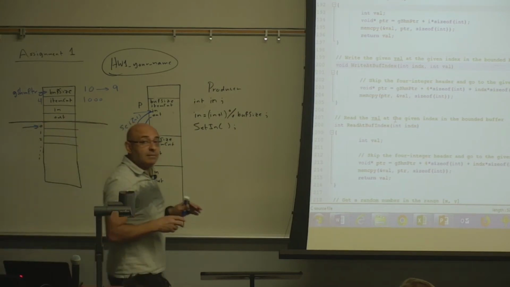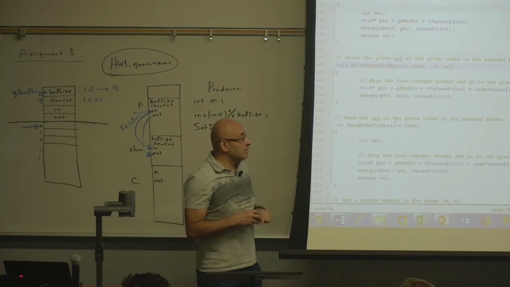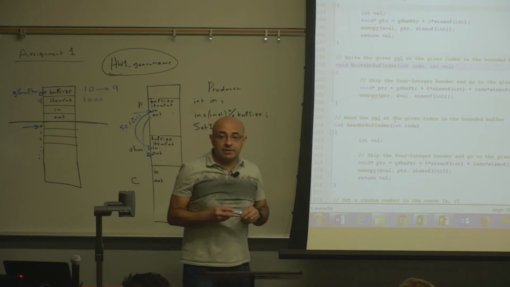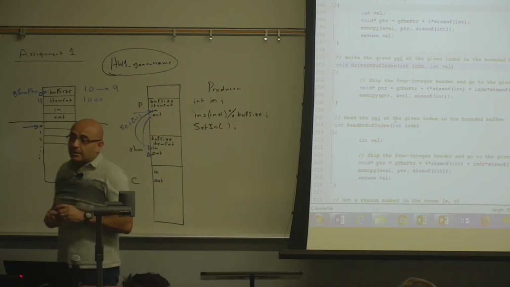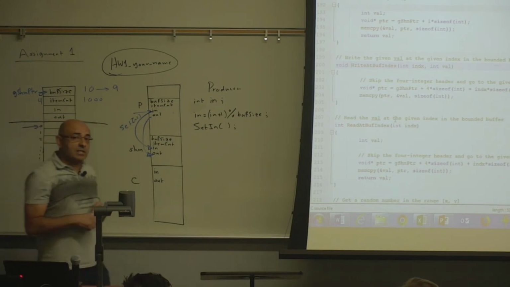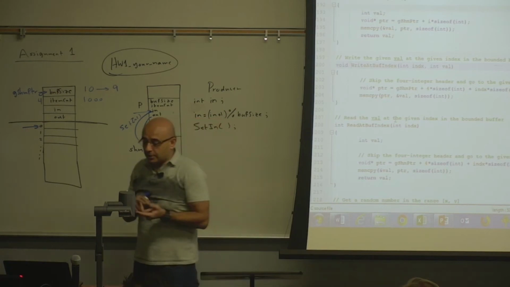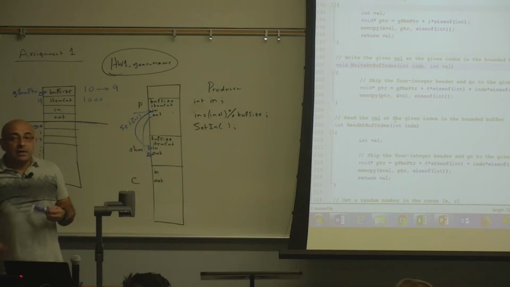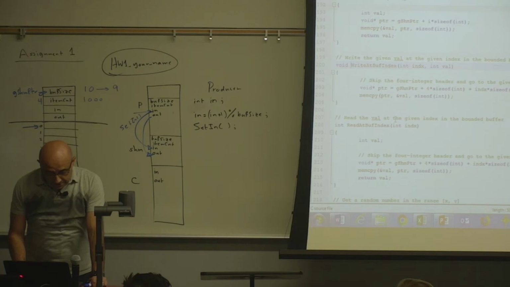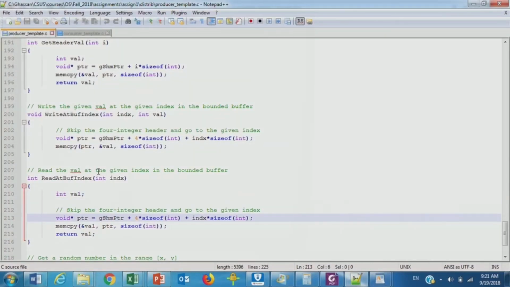So in this assignment, you will not be writing a lot of code. Most of the code is given, but your job is to understand the concepts. The concepts here are parallel processing and shared memory. And these are very important concepts in this course. And this assignment is designed to teach you these concepts.